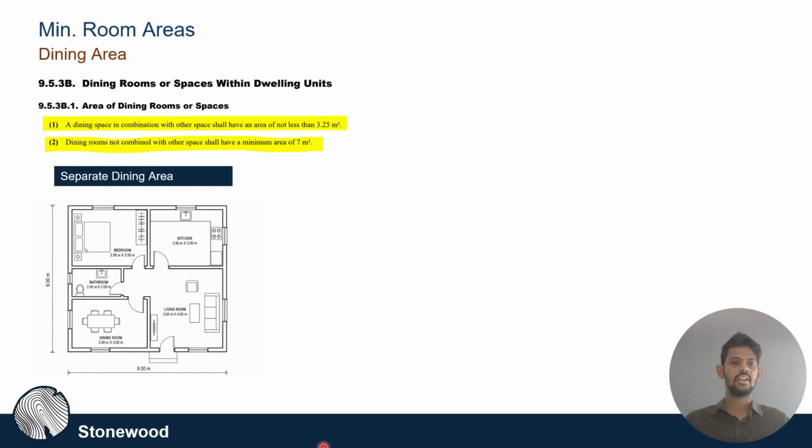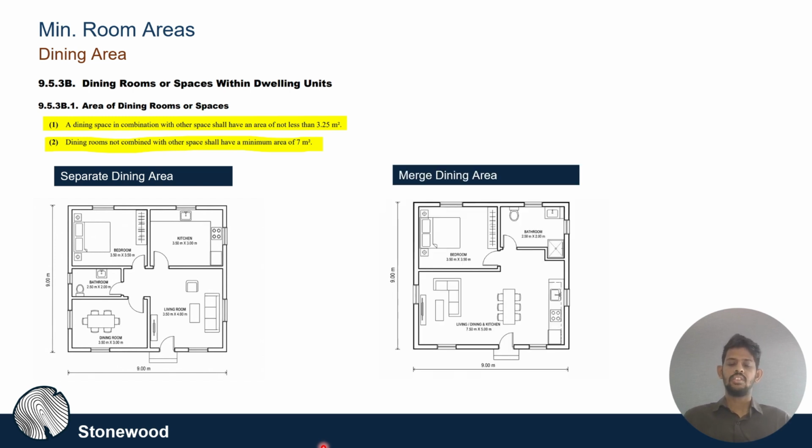Now let's read sentence 1, and it says dining space in combination with other space shall have an area of not less than 3.25 square meter. So when you merge, basically they need very little area, I think, which is good, because when you are merging something like this and you want to calculate how much dining area I need, you must have 3.25. Alright,